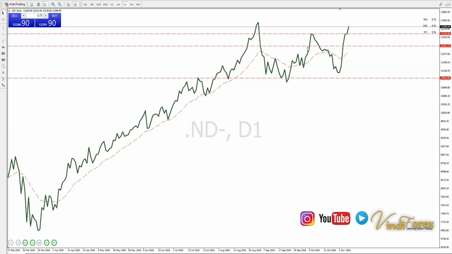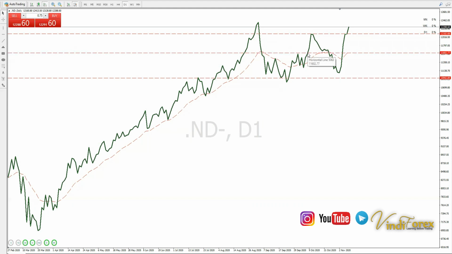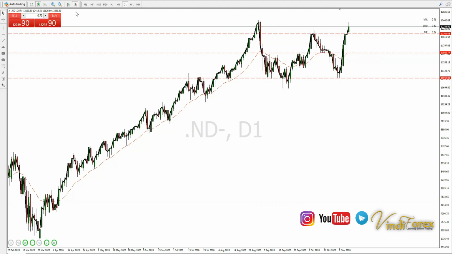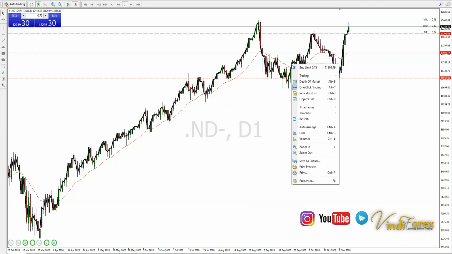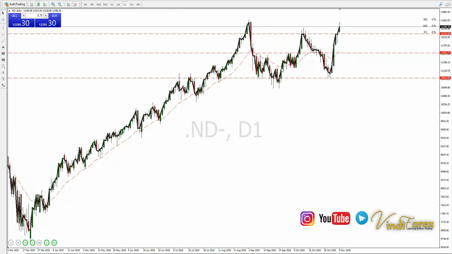So this is how you can easily draw your support and resistance. These are support and resistance lines. I'm not talking about zones, I'm talking about levels. There's a difference between those. Maybe some of you are looking at demand and supply and all those things, but I'm talking about support and resistance as lines. So this is what you can do. Let me just delete that moving average. Then you can move back to this specific setup where you're using candlesticks,